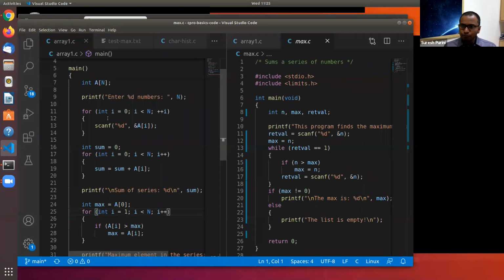Are you with me on this important difference? This is a very, very interesting difference. It will have a huge impact in some programs. The program max.c just requires 4 bytes to compute the max of a million elements, whereas the array program requires 4 million bytes to compute the max of the elements.